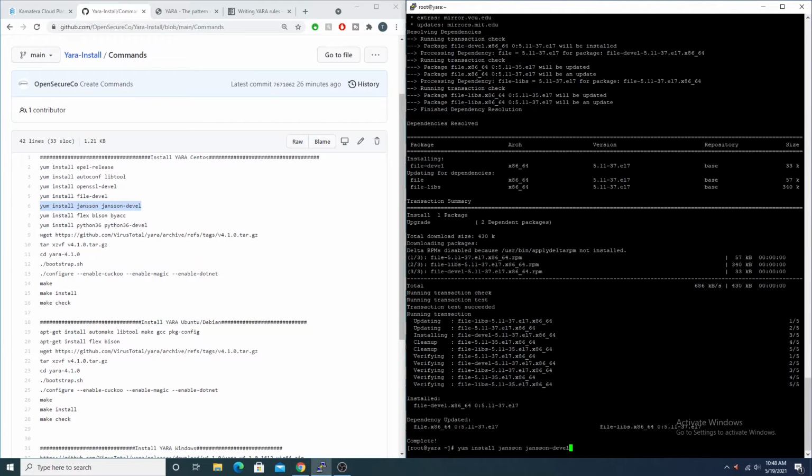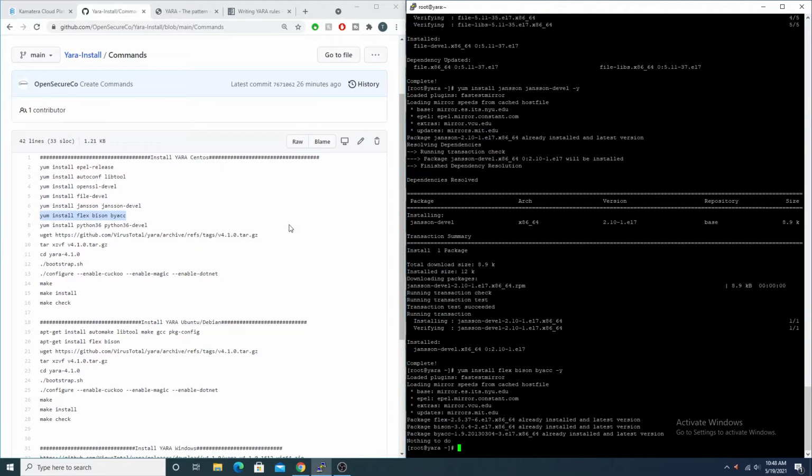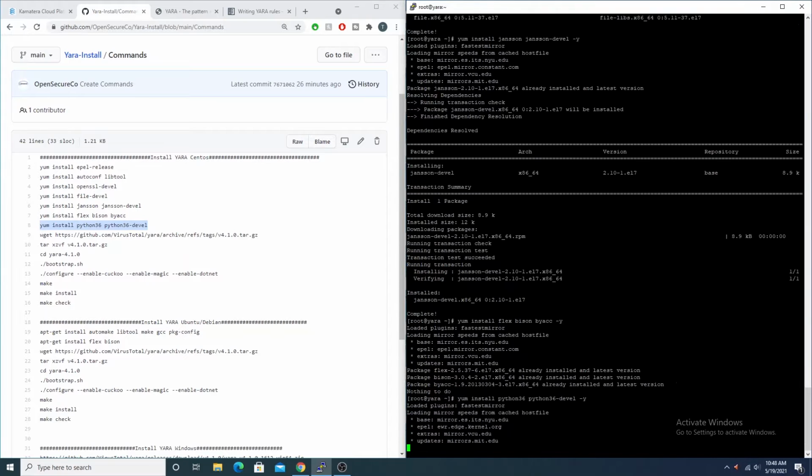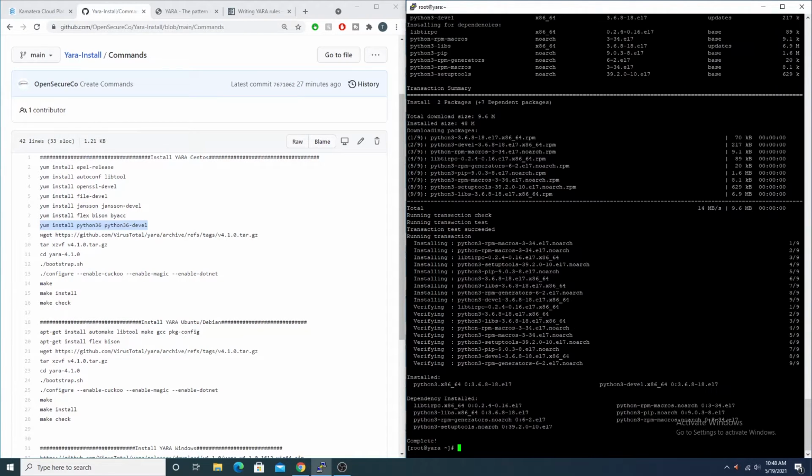Because YARA also comes with some modules, which we'll see here in a sec, that require some other dependencies to be able to be installed successfully. And lastly, I'll install Python 3. Probably already have it. Okay, no, I did not. Okay, good. All right, so now with our dependencies installed, we can now actually grab YARA